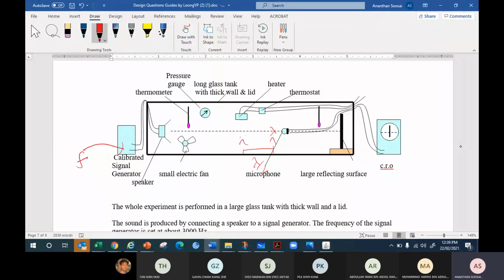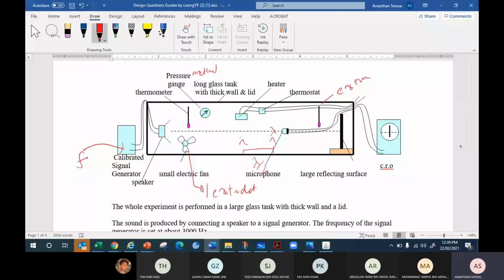In this container we have two thermometers. This guy used two thermometers, so you get an extra detail because he put two thermometers to measure the average temperature. And he said the air needs to be circulated, so he put a small electric fan. Okay, we might not have a small electric fan, but he said air circulation is necessary in this tube by putting a small electric fan. So you got extra detail, one extra detail mark for this. And the pressure gauge, these all are method marks.